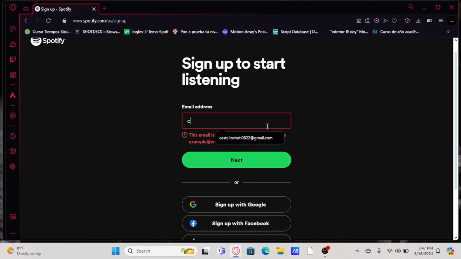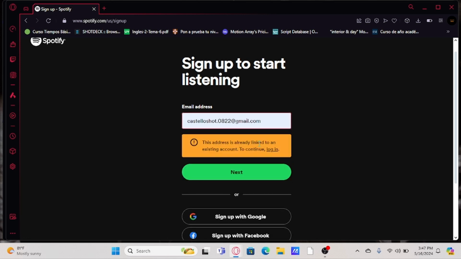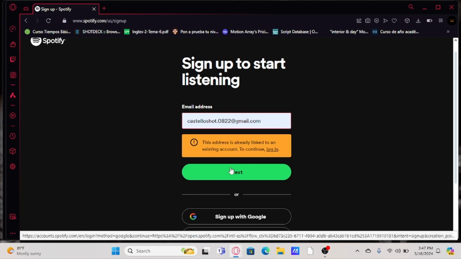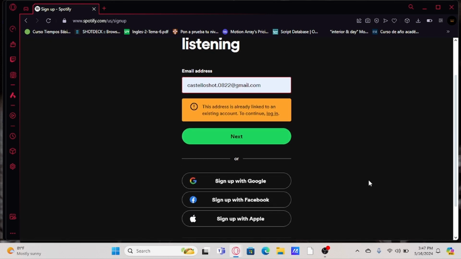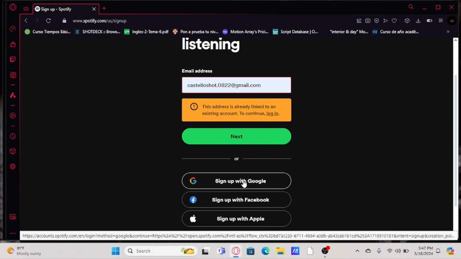for the first time you need to put an email, and I use that email after creating that account. So you can do it with another email. You can put here Signing Up with Google, and the only thing you need to do is put an email you want to create the account. You create an address for that account, and